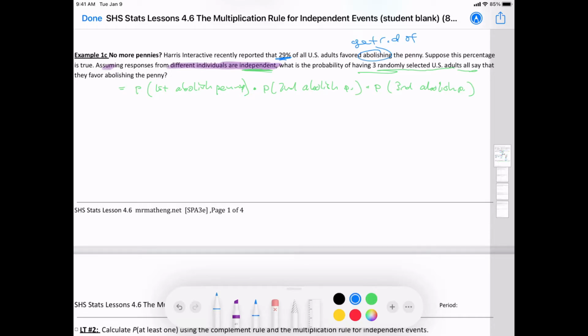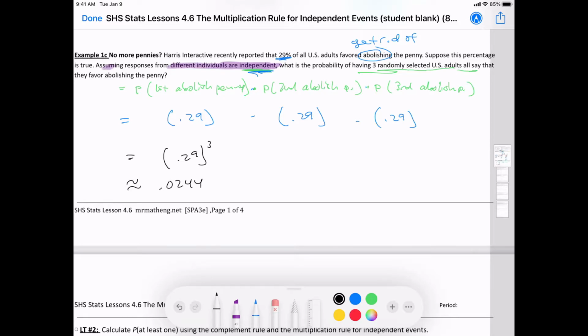Okay, what's the probability of abolishing a penny? Again, they're multiplication because the events are independent. Well, that would just be 0.29 here, 0.29 here, and 0.29 there. You can multiply all those, but you can just write 0.29 to the what? Third power, which would give you approximately, we should use the word approximately because you are rounding. Anytime you're rounding, you're doing the squiggly equal sign, which is called approximately